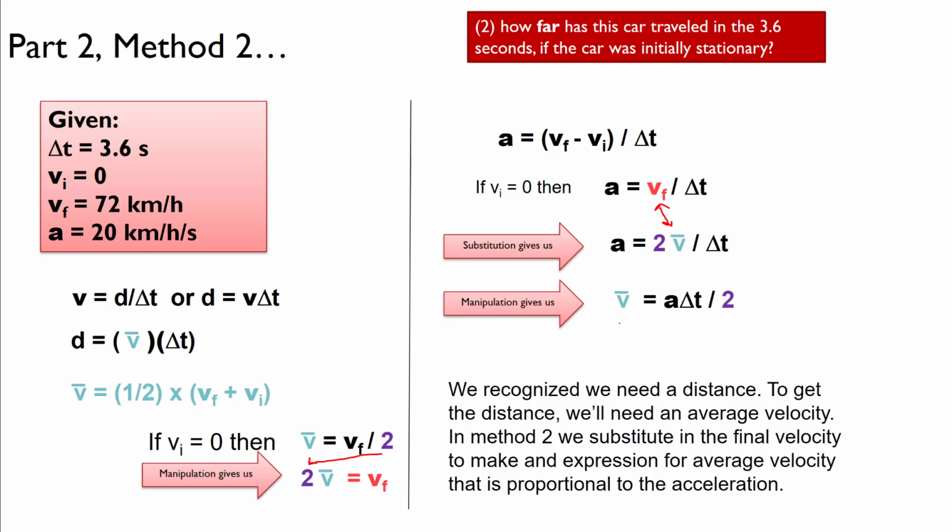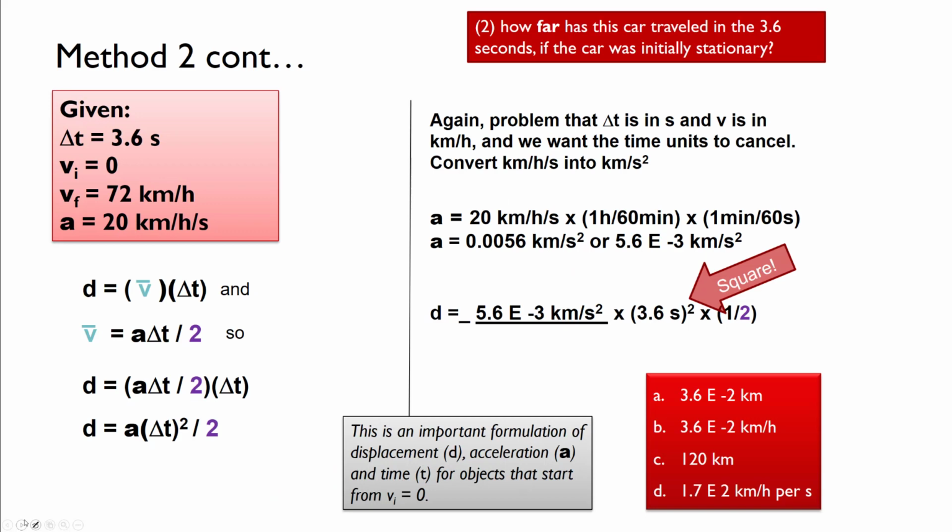And what I'll end up with is v equals a times d, divided by 2. So now we have a new velocity equation here, but keep in mind, you've got to be careful with this one. This velocity relationship, which is an average velocity, is only applicable if we're talking about starting from a standstill. So you don't want to confuse this with the other ways we've just defined velocity. But if that's the case,